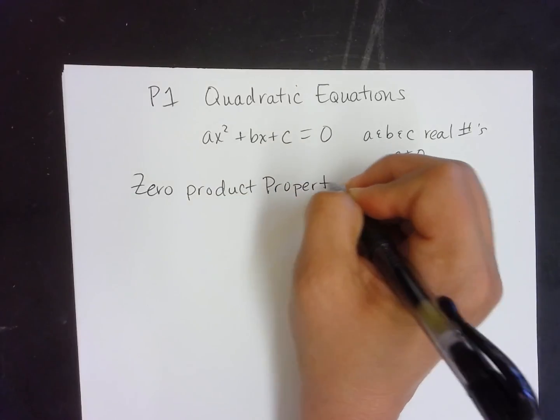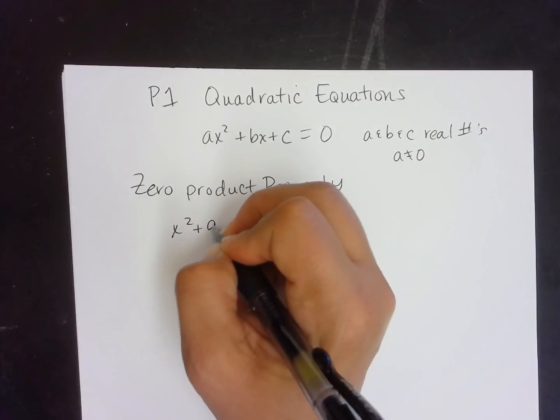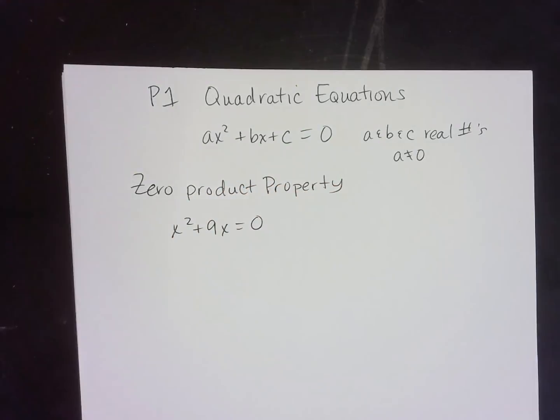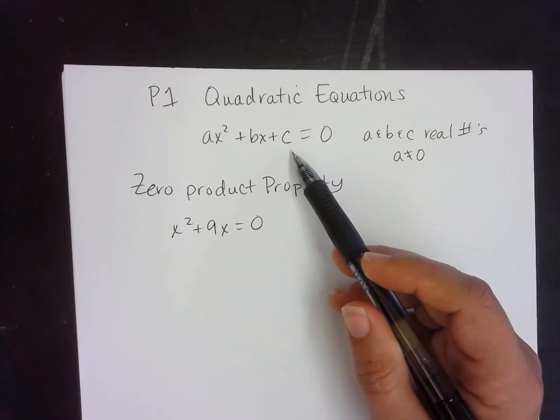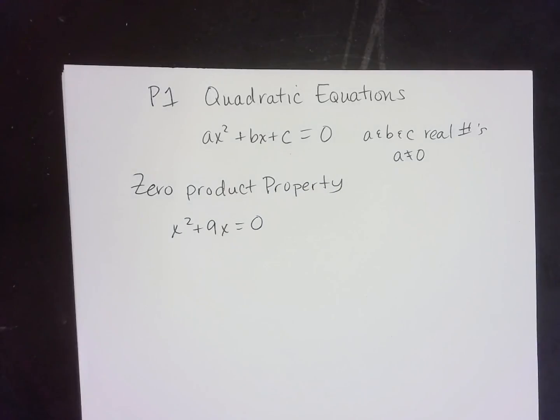Okay, so let me give you an example here. I have x squared plus 9x equals 0. Okay, now this is a slightly different quadratic, but it does have an x squared. It just doesn't have the c on it. There's no constant, but the b in this case would be 9. And so it's definitely quadratic, and we use the zero product property because what we want to do is we